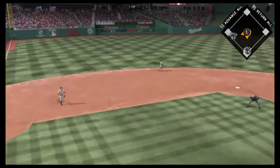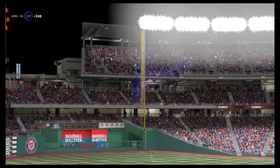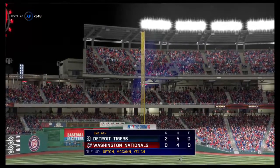And here's the left-handed hitting power threat, Justin Morneau. Yelich is there, and he puts this one away for the 3rd out. So a great job there of working out a...